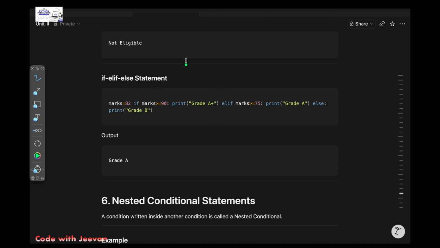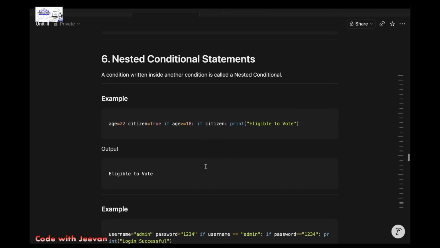You all know that Python is an interpreted language. That means it will execute step by step. So first of all, it will see: is this correct? No, wrong. So it goes to the next line, and in this next line, it will again check whether it is correct or not. So obviously here it is correct. That's why this one is executing. So the output contains grade A. And then